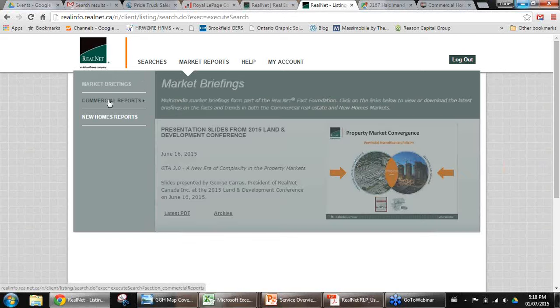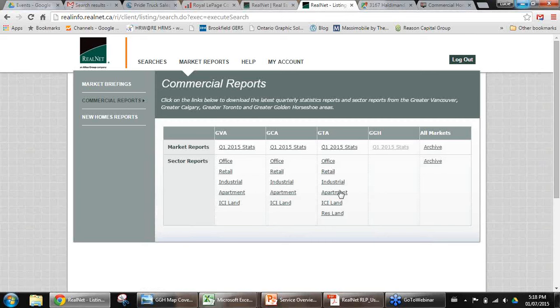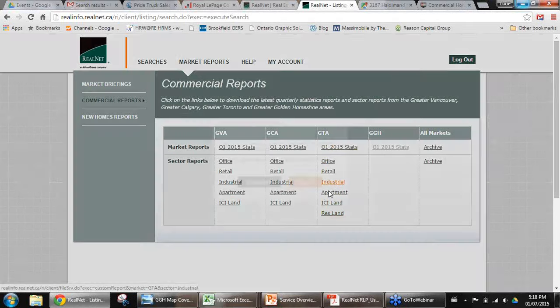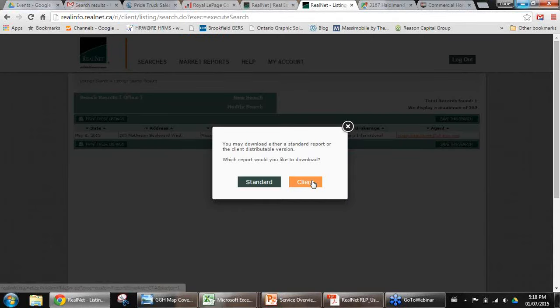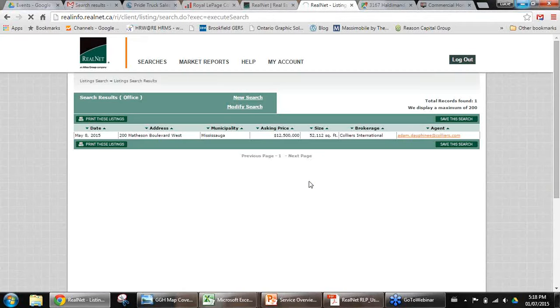Commercial reports. If we click here, in the area that you are registered, for instance the Greater Toronto Area, Q1 stats are here, and then you've got your individual sector reports by sector. So this is the overall report, and then this breaks it down by sector. If we were interested in the industrial sector, again, we've got the client report, and if we pull that up, just as a reminder,